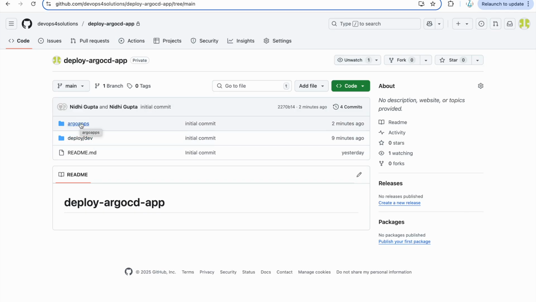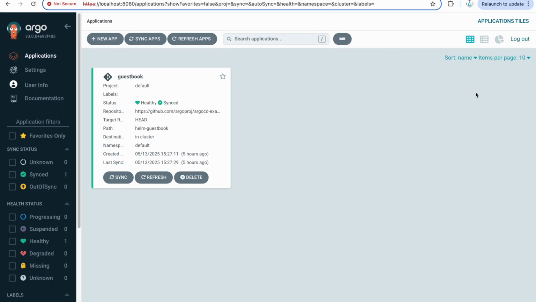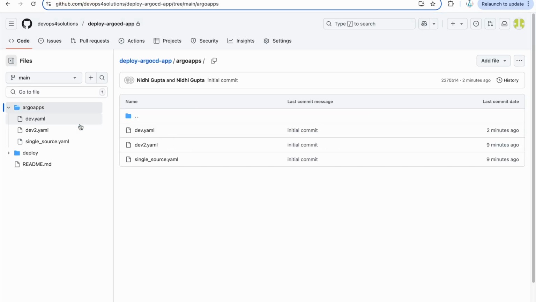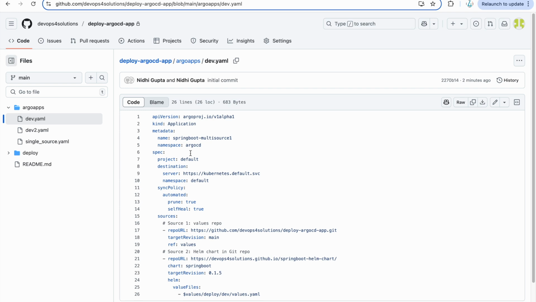You can use this repo to maintain that also, or you can create a different repo, because it's a one time activity. You need to create projects over there, like new apps. For that, I don't want to create it manually, so I use code for that. That code I am storing here. And this is again for your dev environments. I am creating this dev.yaml file.